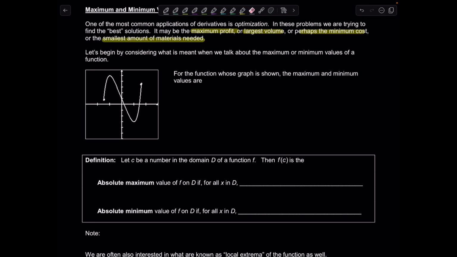So first, we have to begin our discussion by considering what we mean exactly when we talk about the max or min value of a function. So I want to motivate the discussion graphically. I want you to look at the graph right here of some function and identify what the maximum and minimum values are, just visually. So if we're looking here, the highest point on the graph occurs when x is -1,